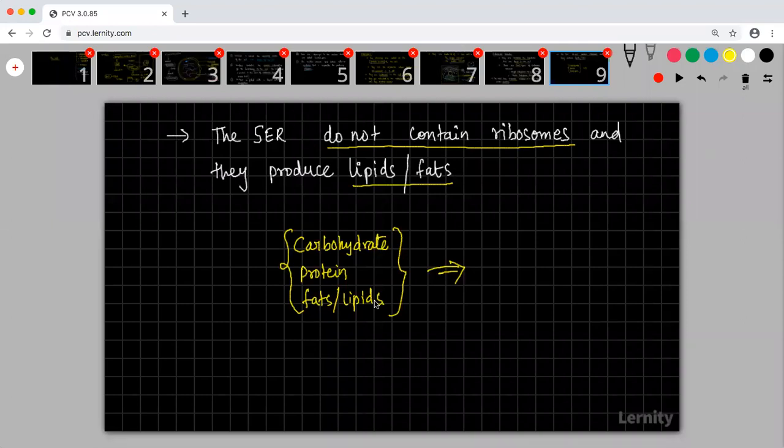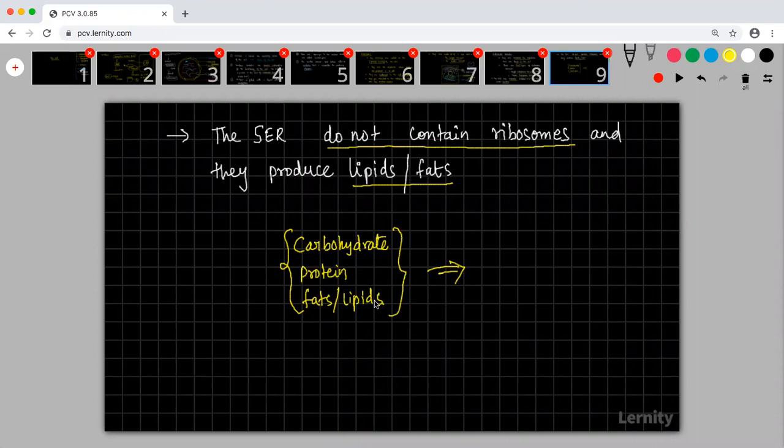Are you able to understand? So it is not just your body which is functioning, it is the cell which is functioning. Inside every cell, carbohydrate is produced. Inside every cell, protein is produced. Inside every cell, fat or lipids are produced. Inside every cell, carbohydrate is broken down, whatever food you're eating. Inside every cell, after digestion, amino acids are broken down, and fats are broken down and rebuilt according to your need.